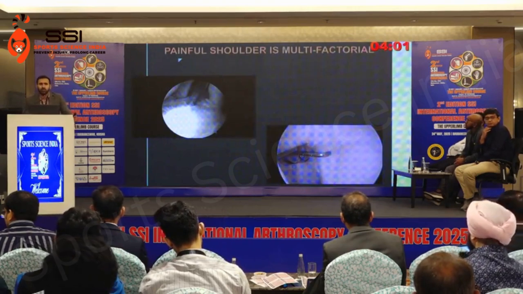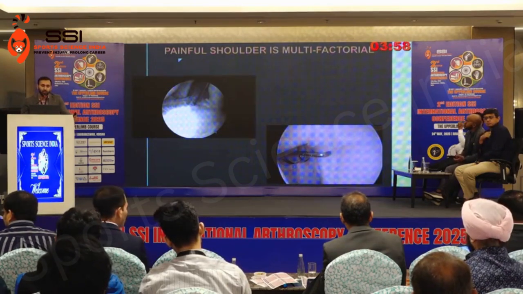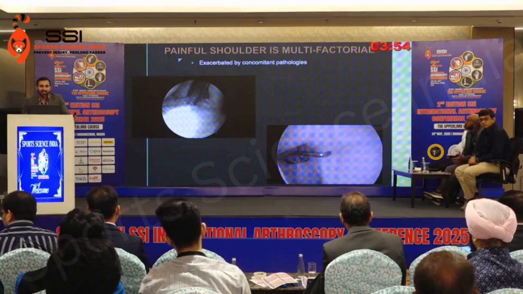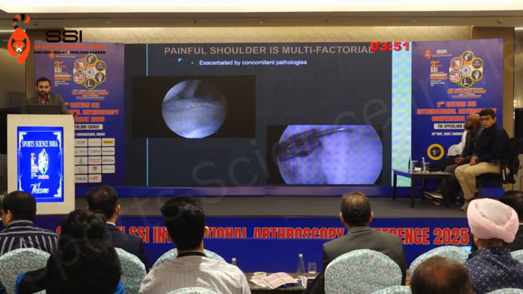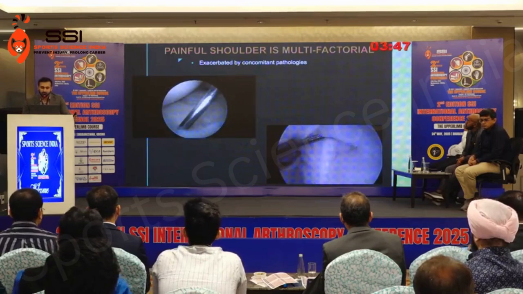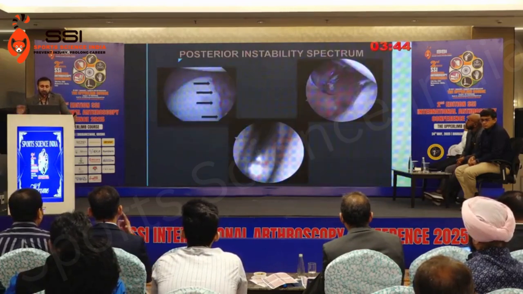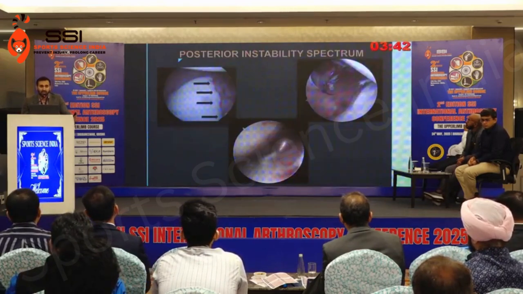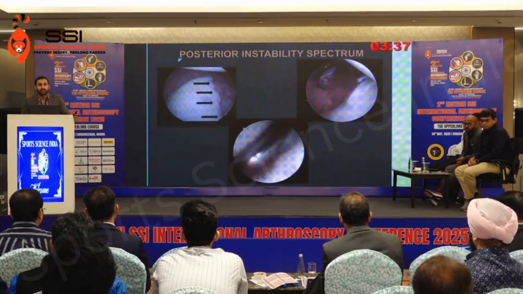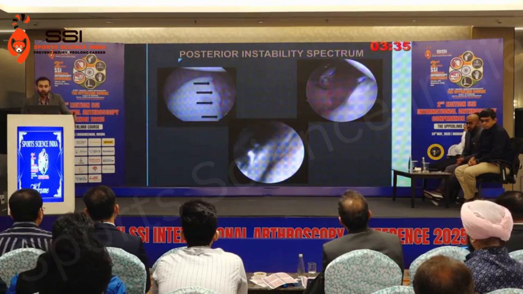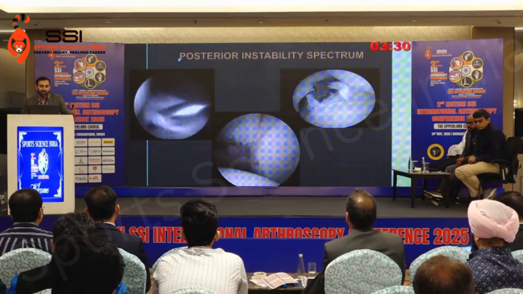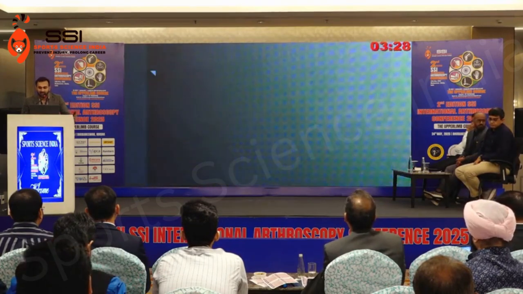The painful posterior shoulder is multifactorial. Usually it is seen with concomitant pathologies, maybe with SLAP tears, or a posterior labral tear with panlabral tears, or even with cysts. So what are the different spectrums? It can range from just labral tears, to a spinoglenoid cyst, or even glenoid posterior bone loss. And in the labrum it can be just normal fraying, bucket tears, and Kim lesions.